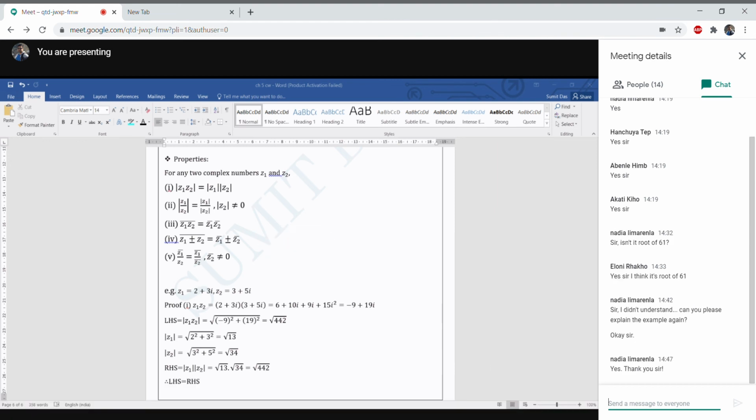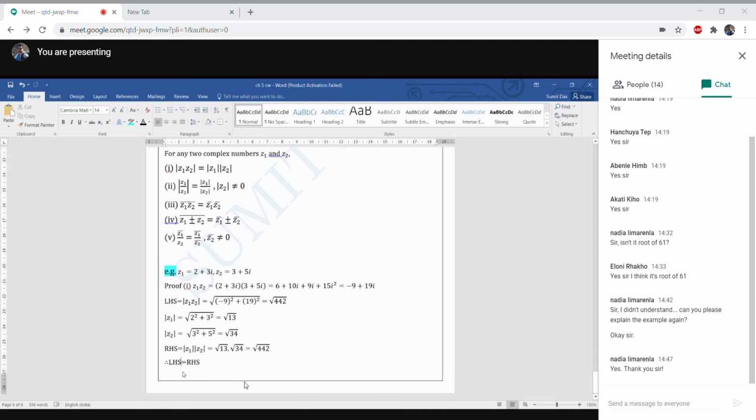Look, this proof, all the other proofs you can do by yourself, because I'm saying this proof is not in your syllabus, so I'm not giving much time to prove the other things or giving homework also. The 2, 3, 4, 5 you can do by yourself and you can check again. Now I'll move towards